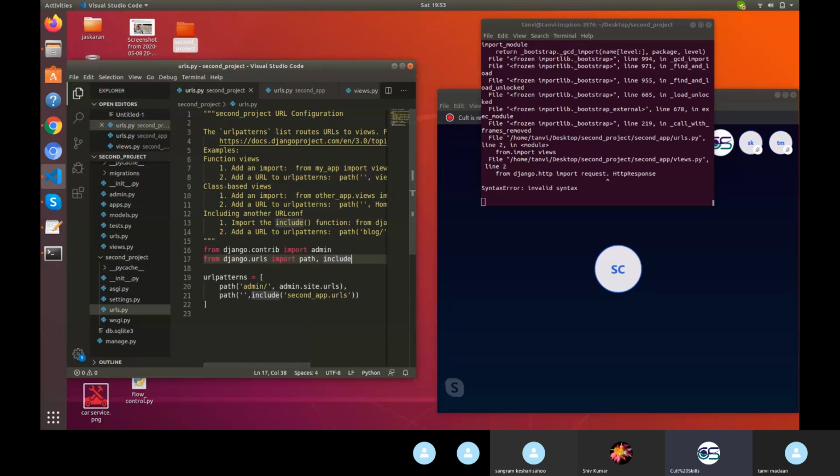Go to your views.py file. Just try to read the error: where this error is coming up, in second app slash views.py. Which line? Line number 2. And in line number 2, what is the error? It is a dot written there. So you need to turn it to a comma.